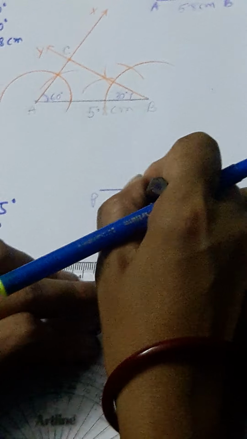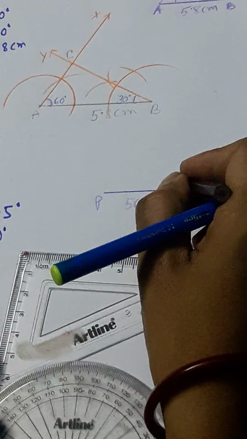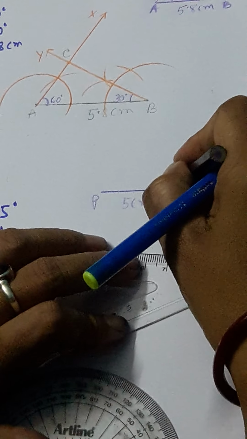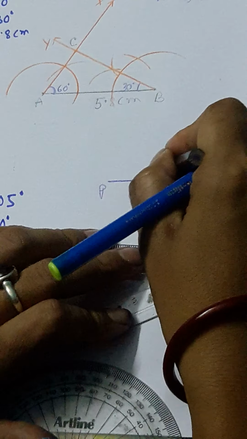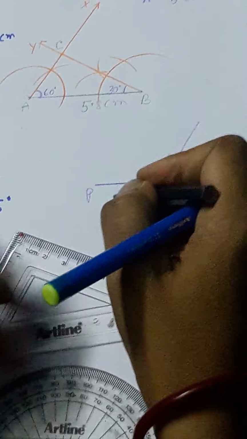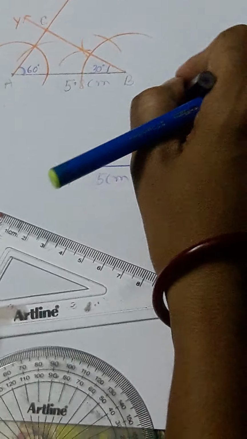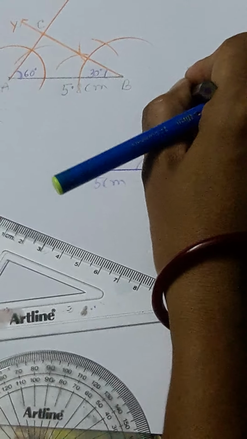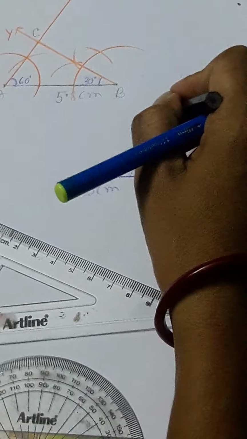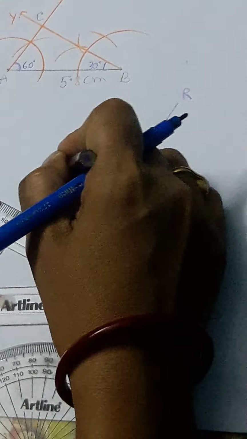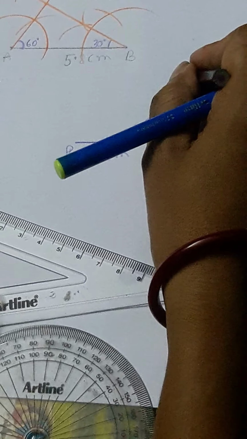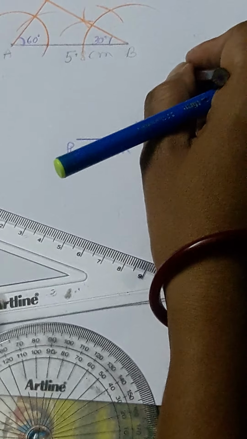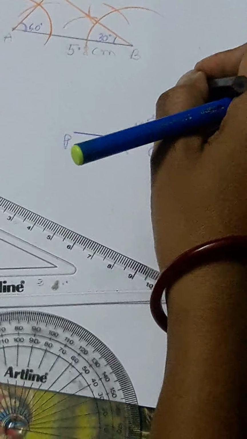As it is a rough sketch, exact measurement is not required. Here angle Q has been given as 105 degrees, so it might be like that, on that side 105 it will be. Now angle R has been given, that means somewhere on that side point R will be, and that angle is equal to 40 degrees. We don't know the length of PR, and we don't know the length of QR either, so we cannot draw the 40 degree angle over there.